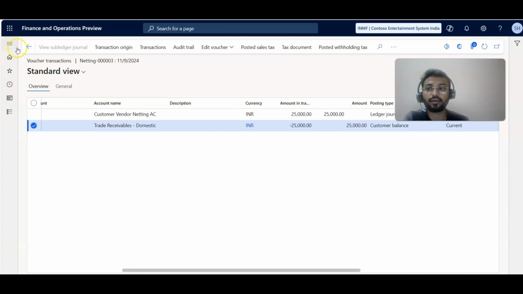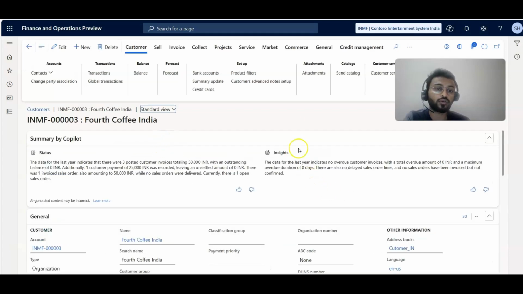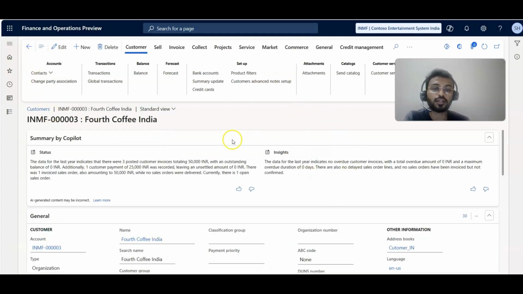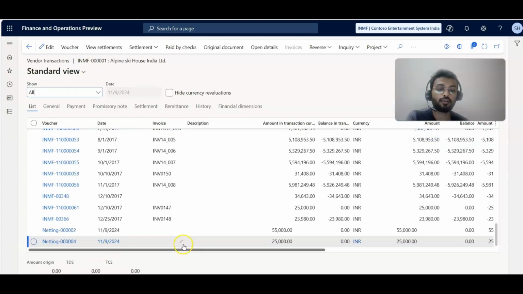So this is the entry. Then the same entry will be in the vendor also. So the customer and vendor netting account will be nullified over here. So here also you can find that this is a netting